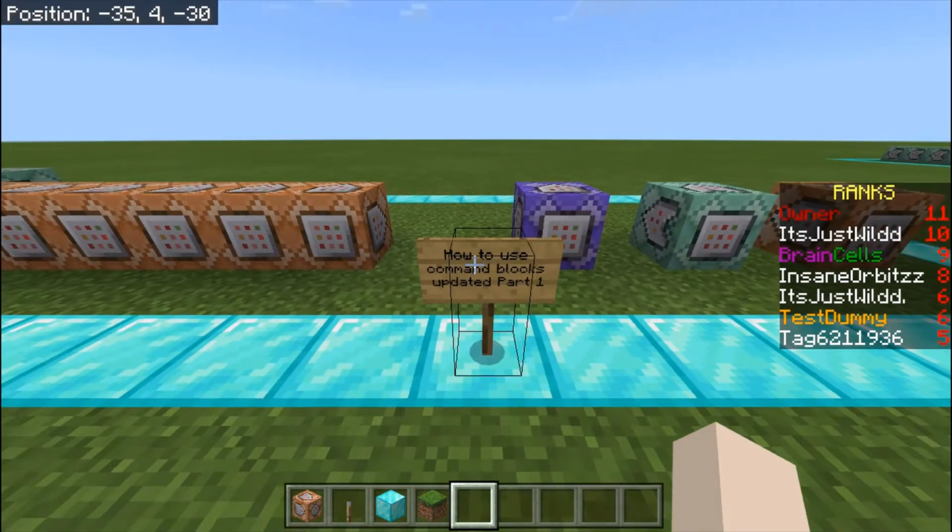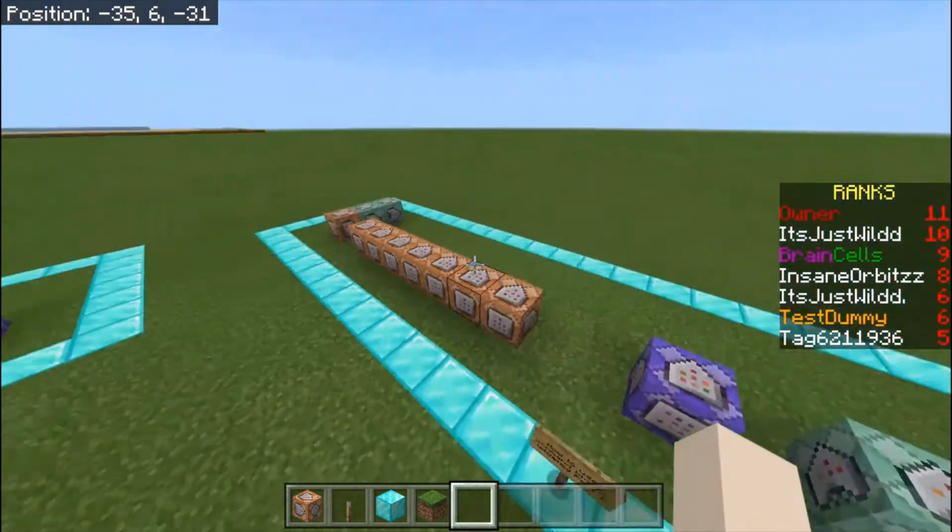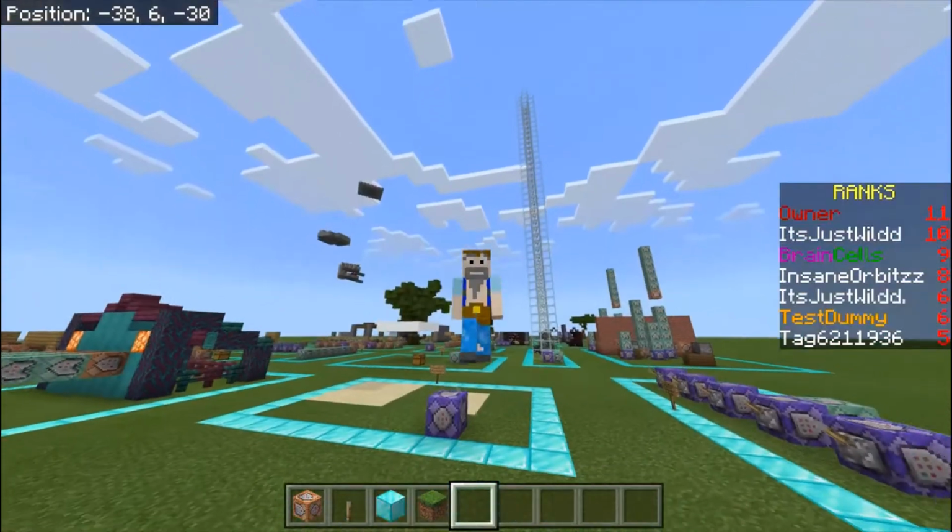How to use command blocks, updated. So this is part 1, I'm just going to go over some of these basic ones, but before I get into it,